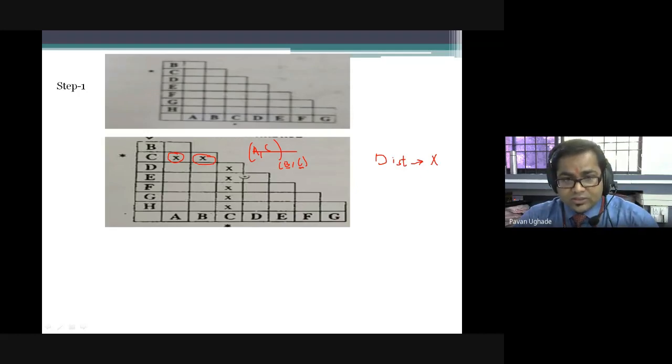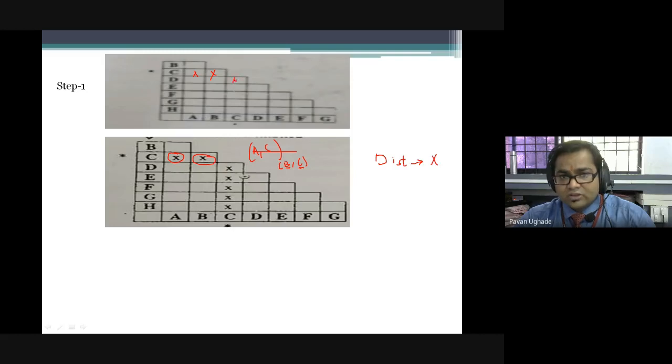Here also, see, CH, final state, non-final state, cross. This is a combination of C and G. This is a combination of CF, non-final, final. CE, final, non-final. CD, final state, non-final state. So we have crossed it. In a very simple way, I'll tell you: whenever you find you have a final state, simply start solving that first. So any combination, see this cell is the combination of A and C. A is non-final, C is final, cross. BC cross, because they are non-final and we are checking the final state.